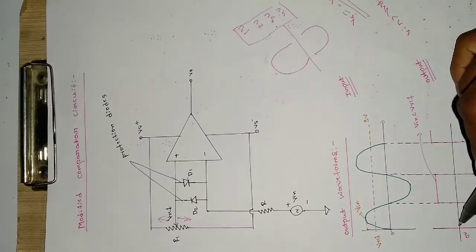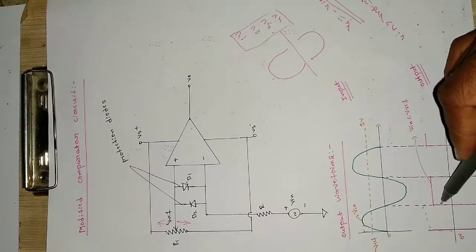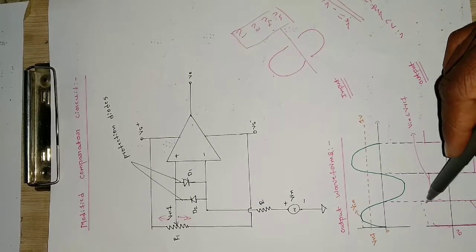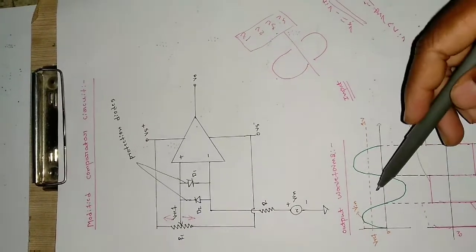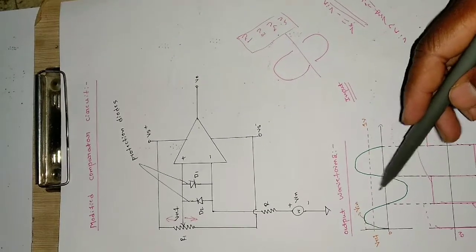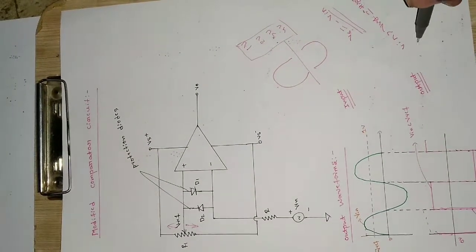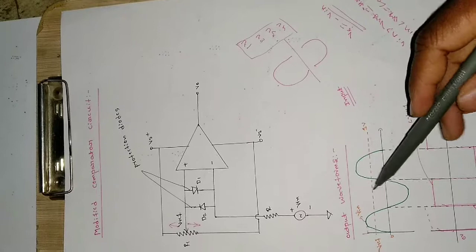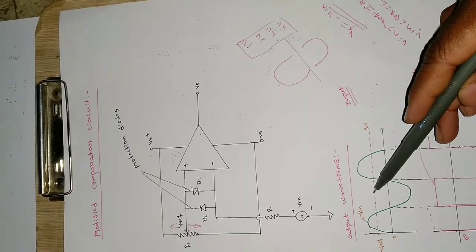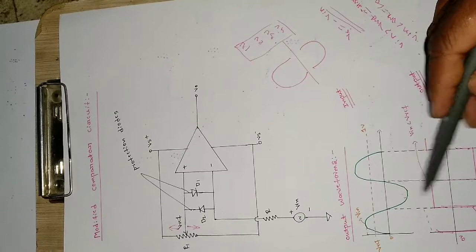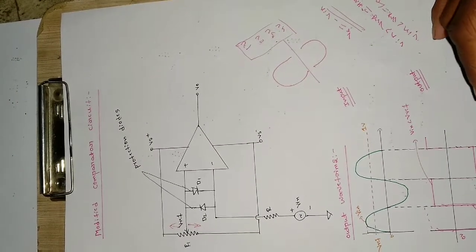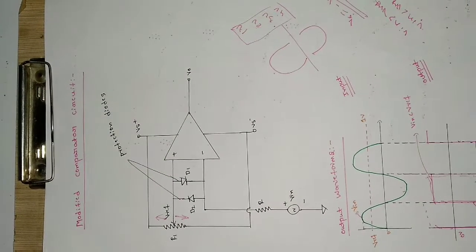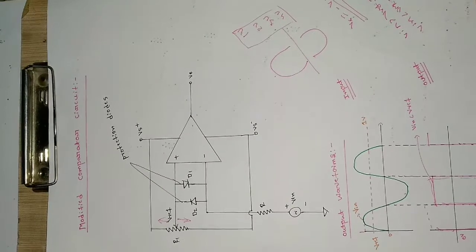So suppose it has to be like this, but as it is an inverting type of operational amplifier, it should go in a negative direction. So that's why it is going like this. And when V in is less than the V reference, it should go low. Here that case has happened. V in is less than the V reference, it should go low. But as it is an inverting type of operational amplifier, it will go high, because it is the negative of that one. It is just the opposite case of the one which I have seen previously.